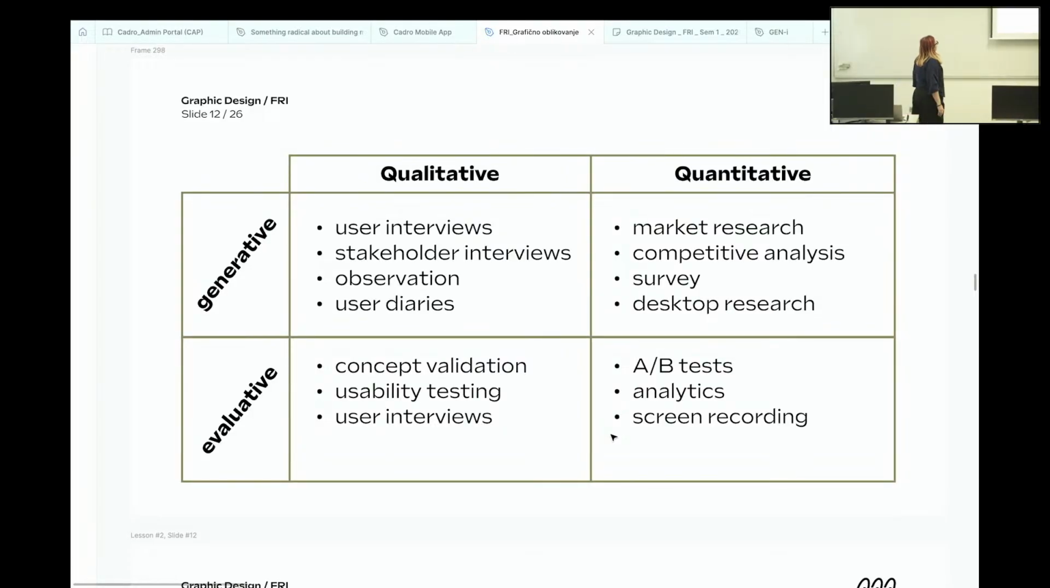Okay, and then on qualitative and quantitative methods, we have generative and evaluative. In qualitative, we have user interviews, and stakeholder interviews, which are similar but more on the business side of things. Observations, meaning we go in, for example, if you were building something for healthcare, you would go into a primary doctor's office and sit there and observe what everybody does and map it out. User diaries,